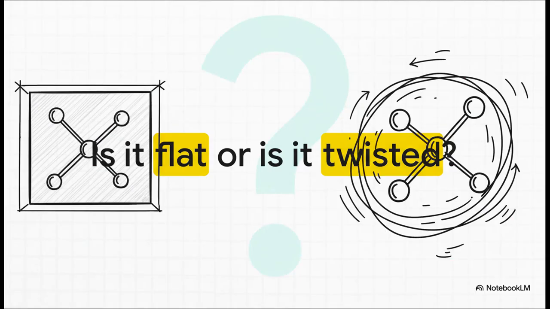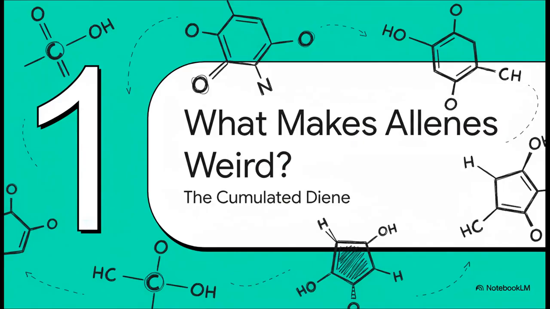So what's the deal? Is it flat or is it twisted? And more importantly, why does that little twist matter so much? That's the big question we're going to unpack right now. To solve this little molecular mystery, we've got to start with the basics. What even is an allene? And that brings us to our first section, where we'll see that its classification as a cumulated diene is our